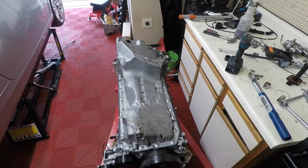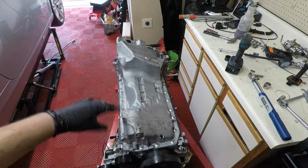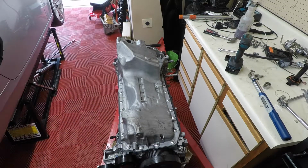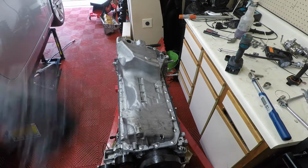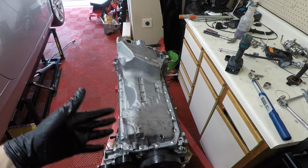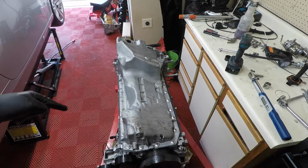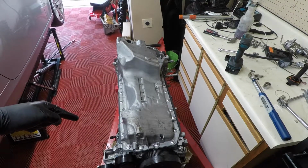Alright, so I got the oil pan all torqued down. The smaller bolts are going to be 8 newton meters or 6 foot-pounds, and then you torque it another, I believe, 60 degrees for an N54, 90 for an N55. So what I did was I would put a slash mark with a Sharpie when I did the